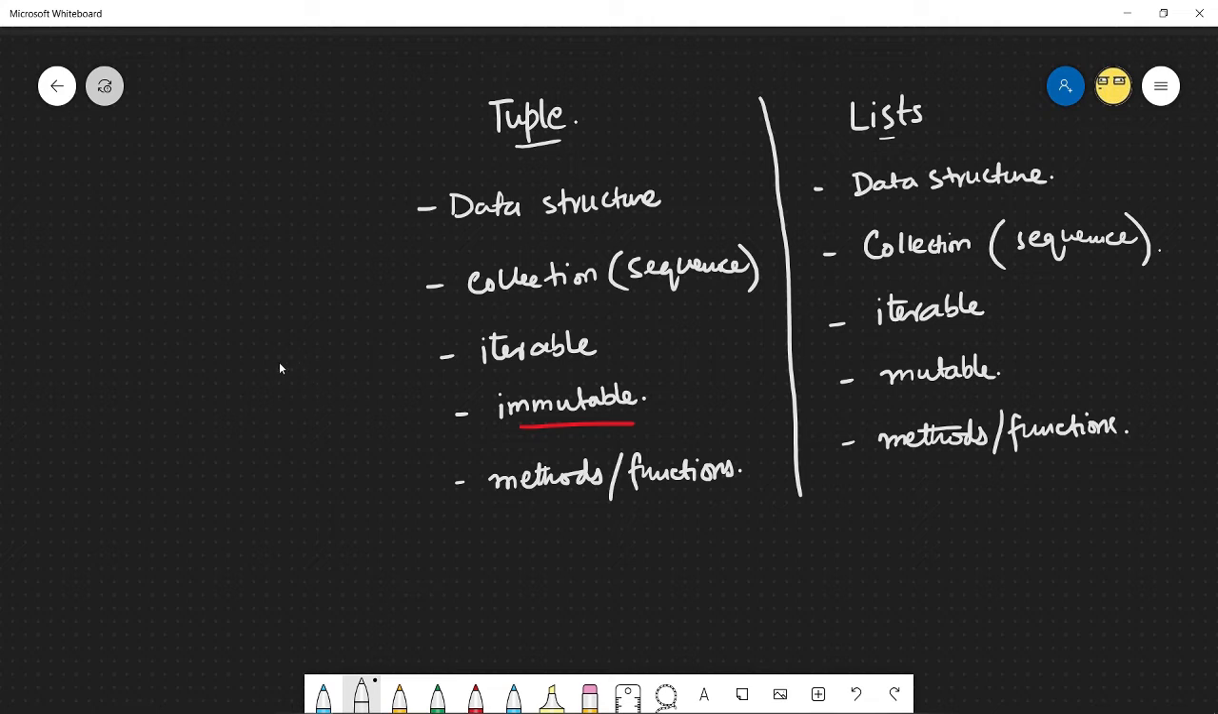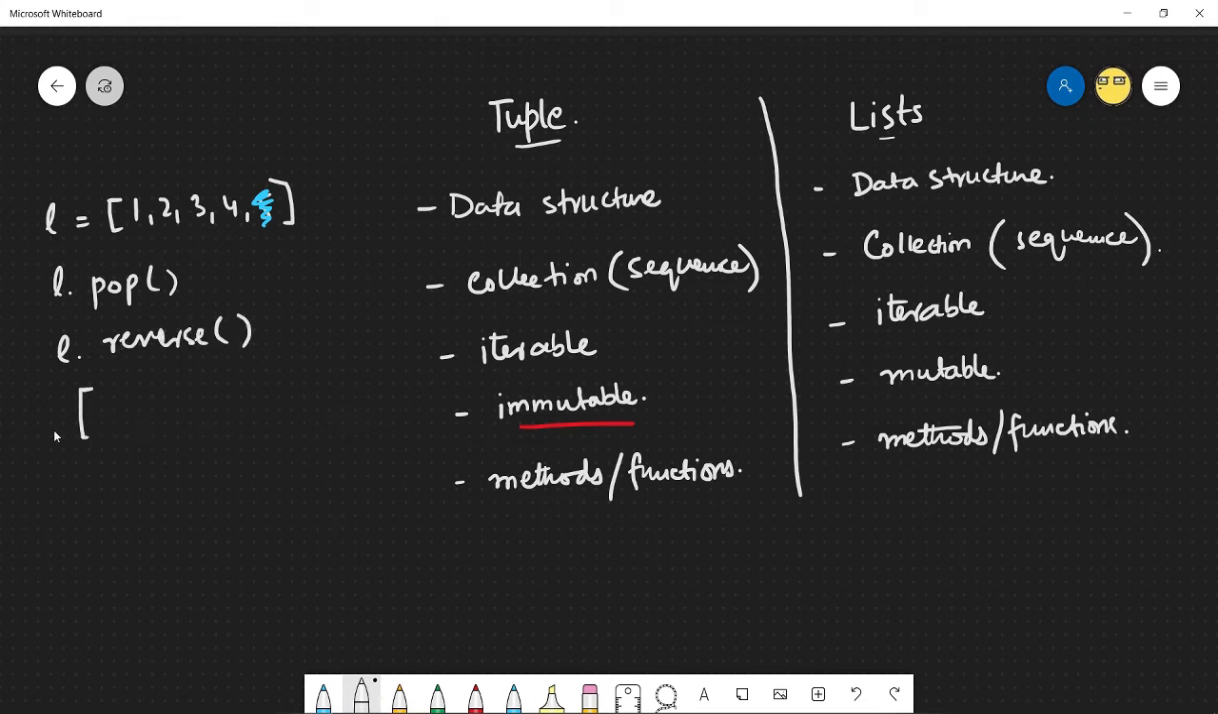So say I were to define a list L, and it had the values 1, 2, 3, 4, 5. I am very much able to do things like L.pop, which will take away its 5 value, right? And I can do things like L.reverse. And we now know that that's going to make our list, however it is defined, 4, 3, 2, 1. Well, if you're interested in maintaining the integrity of your data,